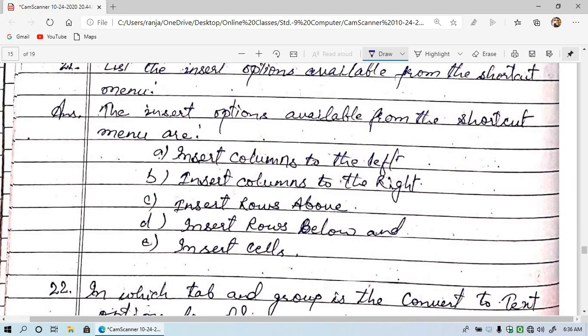The second one is insert column to the right. You can go in MS Word and insert a table, and you can see this option. This option is also present in MS Excel, and this is the shortcut menu for inserting columns to the left, inserting column to the right, and then insert rows above and insert rows below, and insert cell.